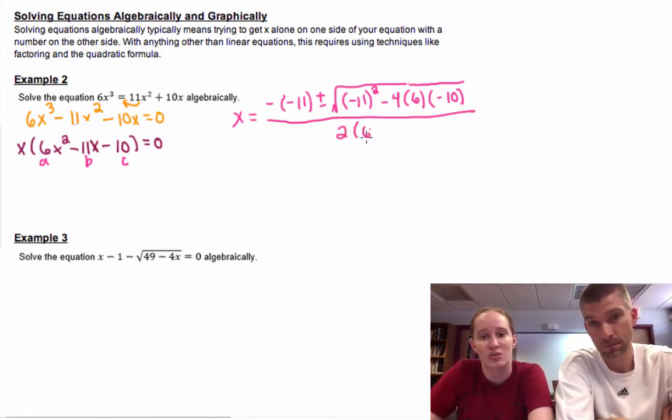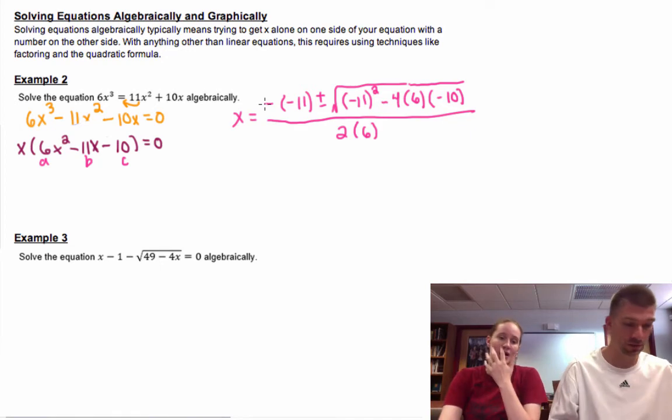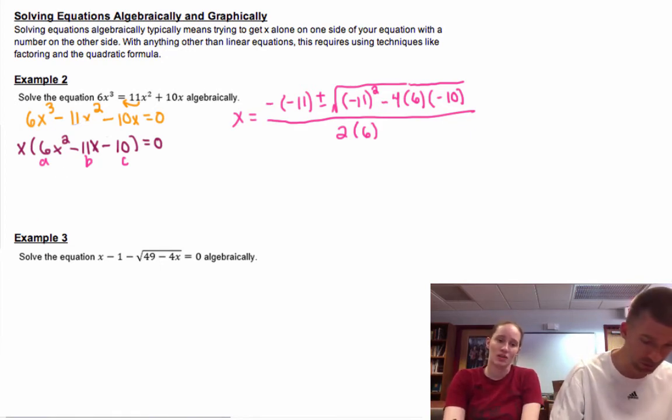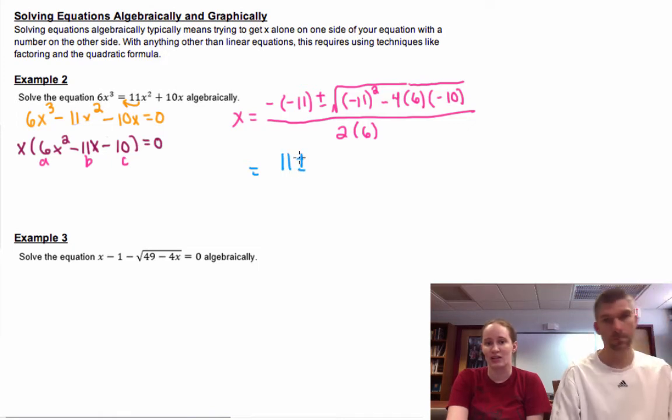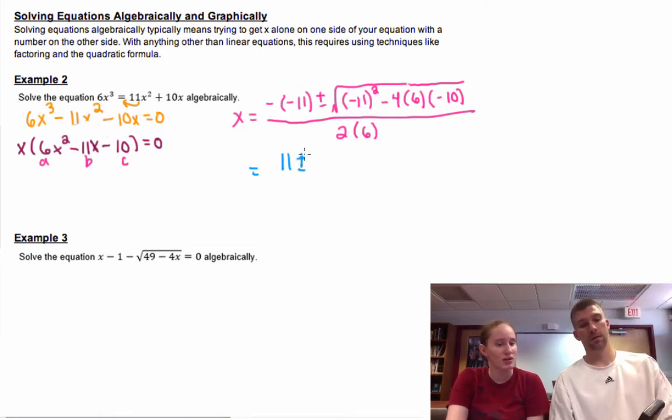You want to start pushing some buttons on your calculator? I'll button push while you're writing that down and explaining the process. The other thing that you'll hear us say a lot in this class is to give us an exact answer. An exact answer is not a decimal. An exact answer would be something like 11 plus or minus the square root of 361